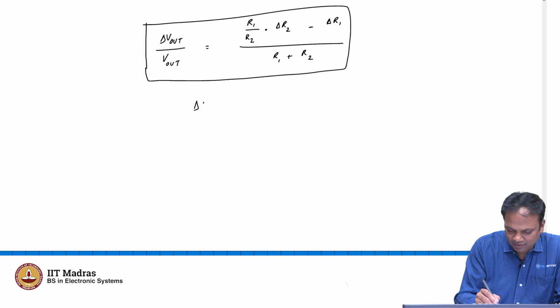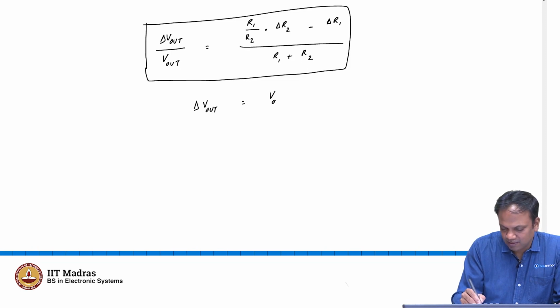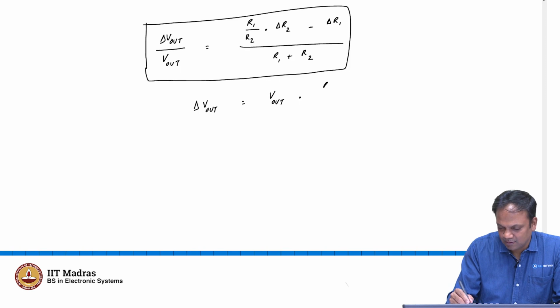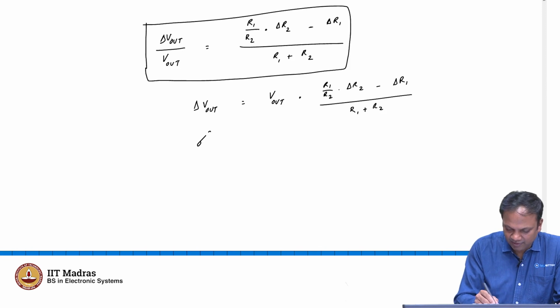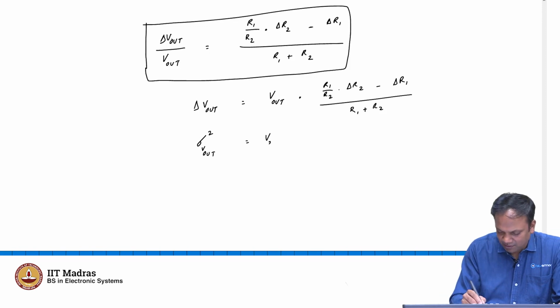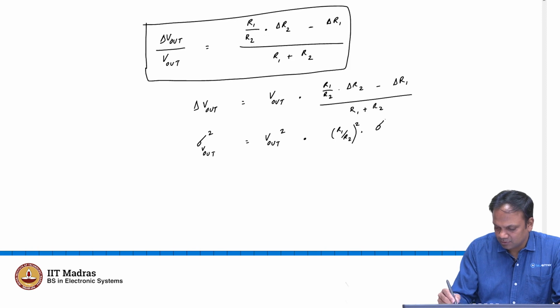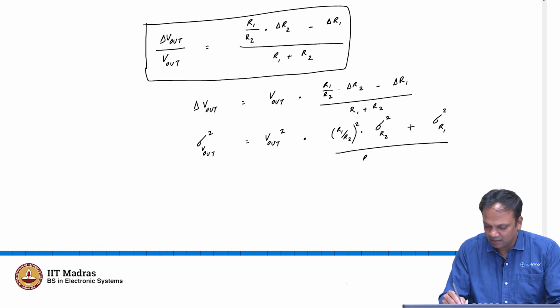So we have delta V out equal to V out nominal into R1 by R2 into delta R2 minus delta R1 by R1 plus R2. So the variance of V out, which is the sum of the squares, will be V out square into R1 by R2 square into the variance of R2 plus the variance of R1 divided by R1 plus R2 the